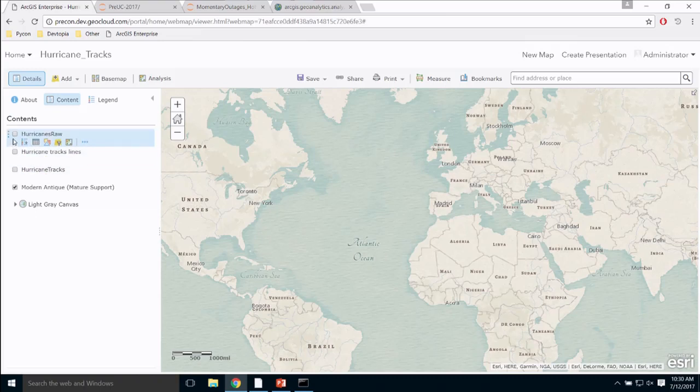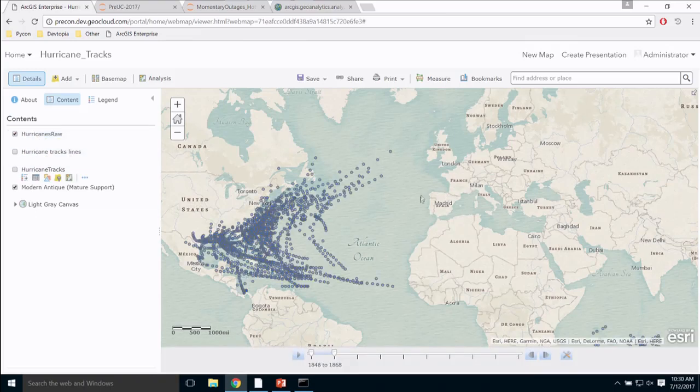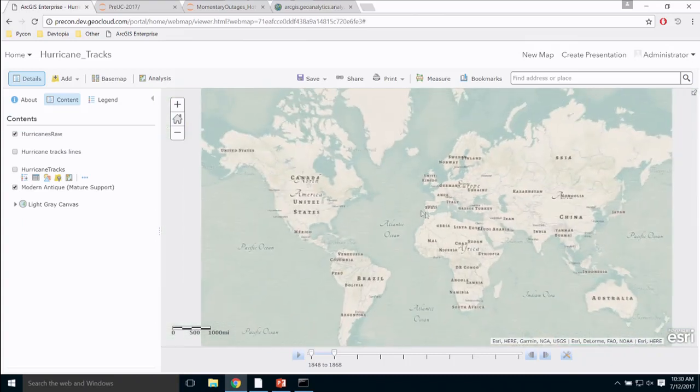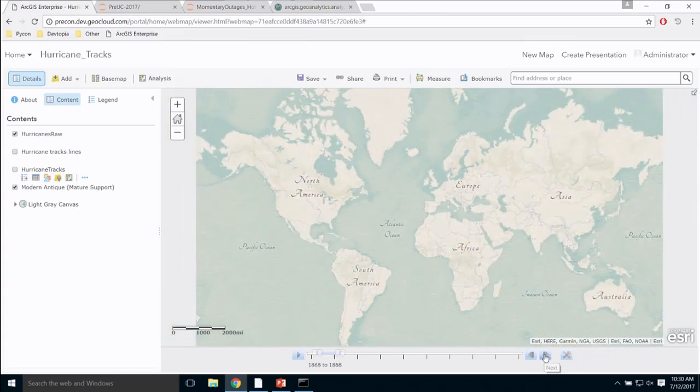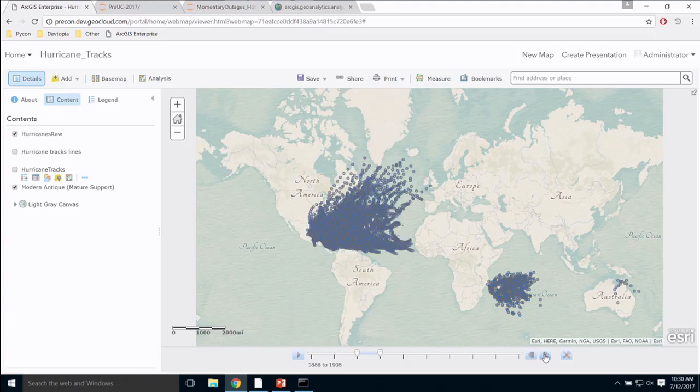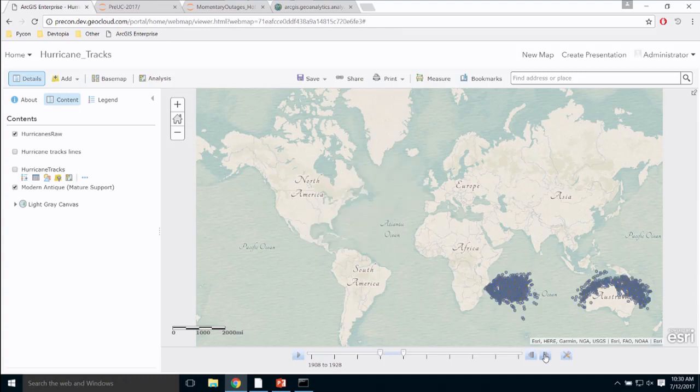So what I have here is hurricane data. This isn't a huge data set, but I really wanted to show what you can do with GeoAnalytics. So this is a hurricane data set. You can see that it's time enabled, and it's just raw points. They're GPS measurements. They have the wind speed, wind pressure, a bunch of attributes that I can look at. What I've done is I've gone to analysis,